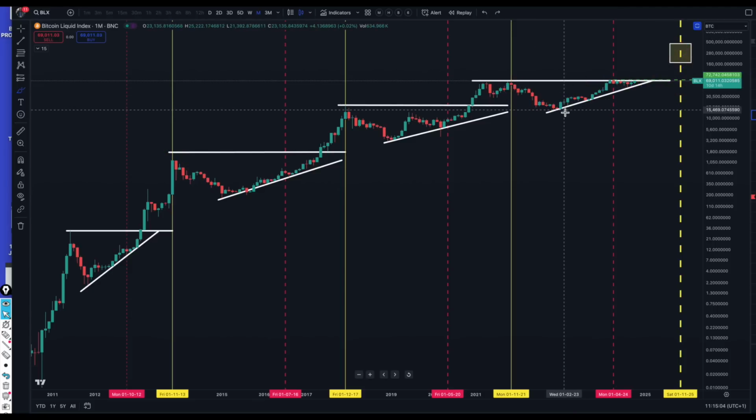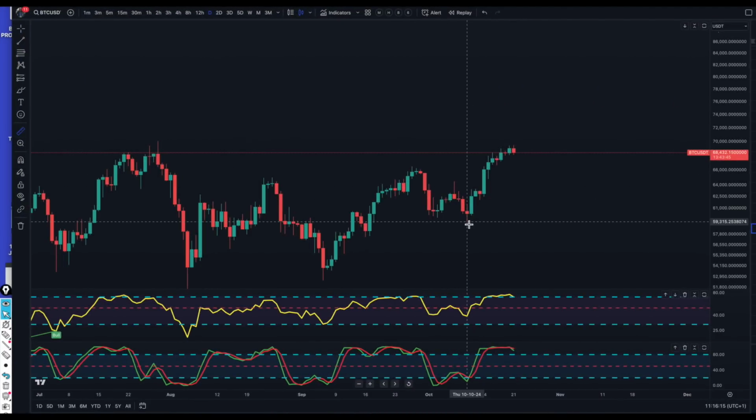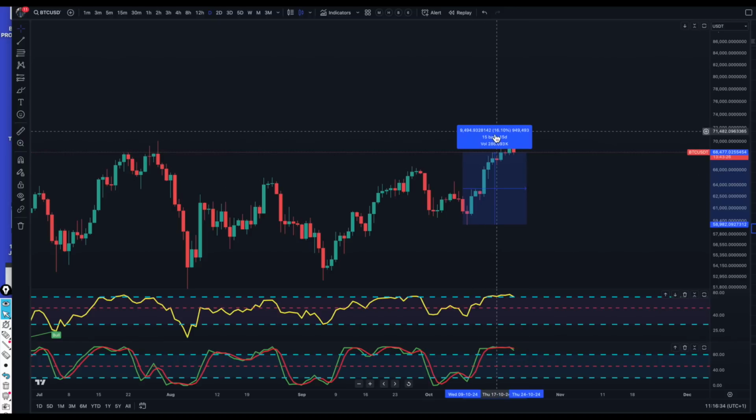So the Bitcoin miners that we actually got into around these levels here are much more volatile in the sense that when the Bitcoin price goes up, the Bitcoin miners go up in a leverage play, and when the Bitcoin price comes down, they also come down on a leverage play, i.e. 2 or 3 times more than Bitcoin on the up and the down. So what we've seen here is that when Bitcoin bottomed out on the 10th of October, that was only 11 days ago. So in the 11 days, Bitcoin has actually gone up from the bottom there at 58,000 to the current price at 68,400 as I'm making this video. Bitcoin has gone up by 16%.